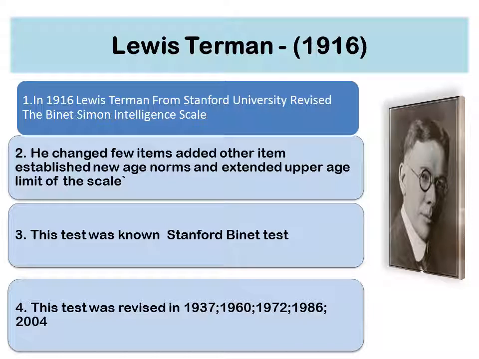Later on, Lewis Terman, while he was studying in Stanford University, revised Binet-Simon's intelligence scale. He made a few changes in the scale, like extending the age limit of the scale and adding a few other items. After that, this test was known as the Stanford-Binet test because the Binet test was revised by Terman while he was studying in Stanford University. Later on, the drawbacks of this test were overcome in